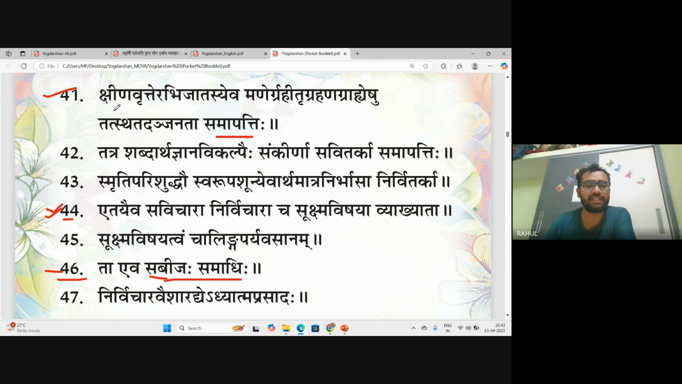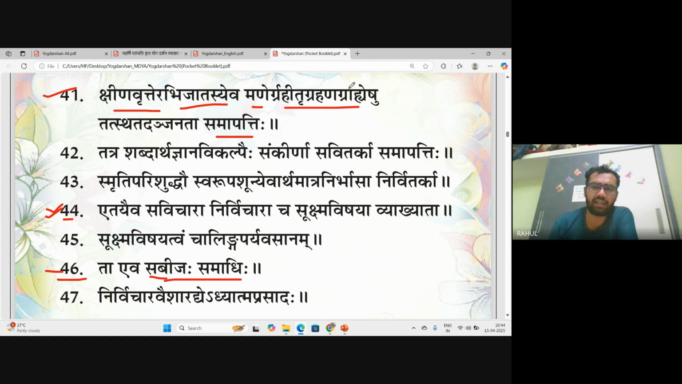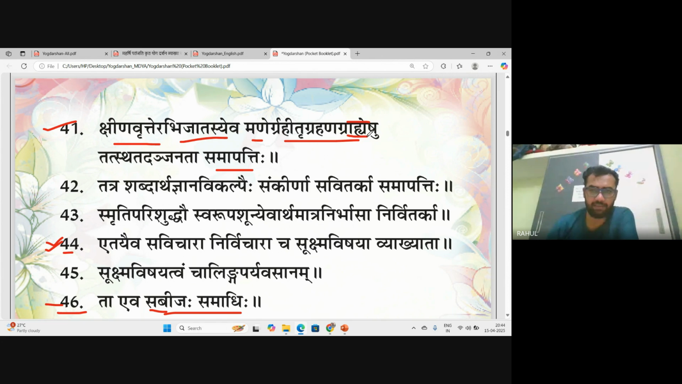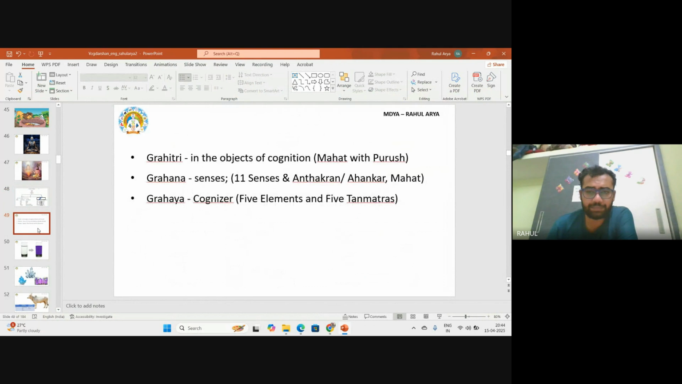So in sutra number 41, we discussed that whenever all vrittis reduce and their effects reduce, the chitta becomes pure like a crystal. Then Gritri, Grahan, Grahya. Here Maharishi Patanjali is categorizing all the elements in these three ways. Grahya means the 5 major elements and also the 5 tanmatras. And Grahan,